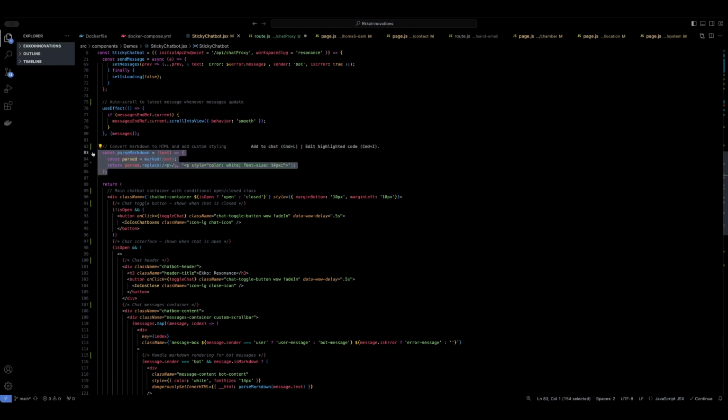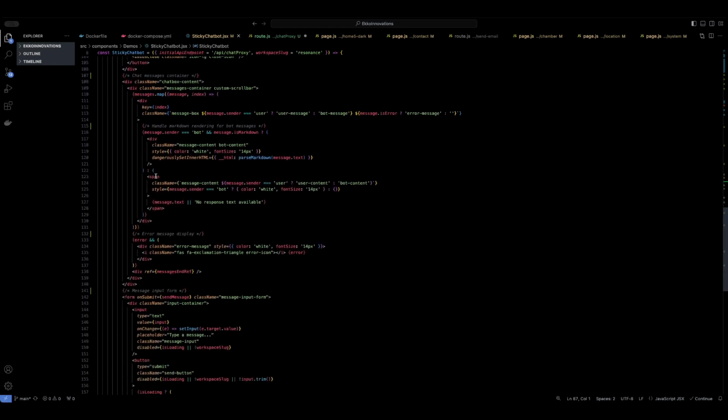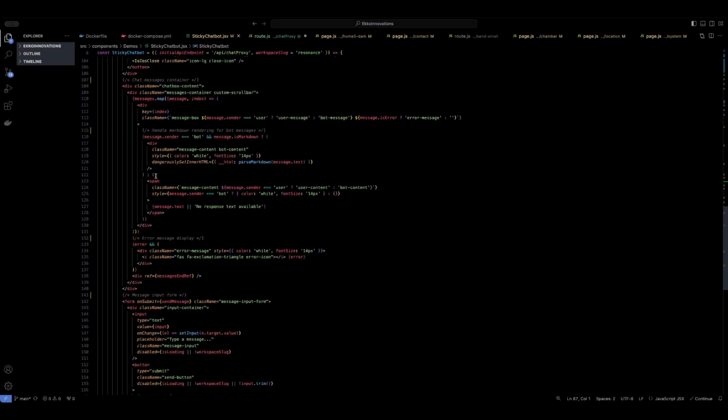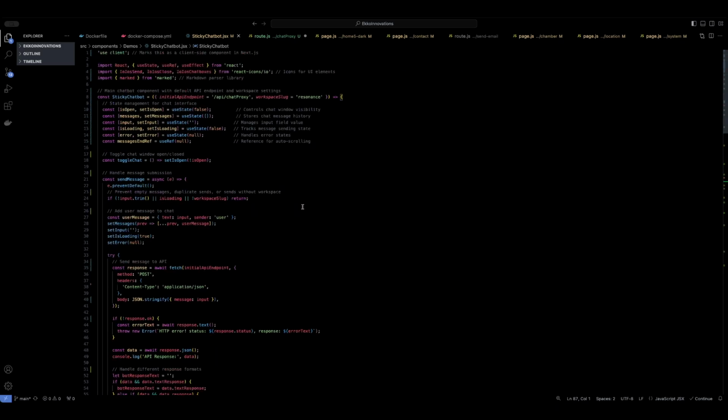You'll see here, this is the function to parse the Markdown. And then here's all the actual code for the chatbot itself. So that's really pretty much all there is to see. Again, here's the API endpoint that it's hitting. This is a variable for AnythingLLM, which again, we'll dive into. So without further ado, let's hop into the next portion, which is the